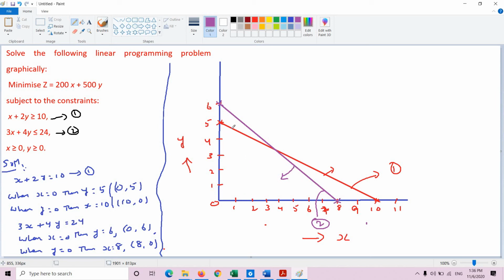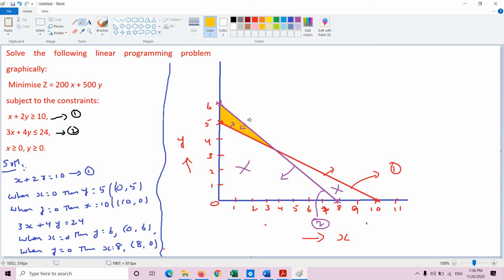Now, the intersecting region is going to be above this and below this. Try to understand: above this and below this. Only this is the intersecting region. This area is not covered by the first line, and this area is not covered by the second line. That is the reason these cannot be the intersection region. Only this is the intersection region, so we'll fill it with another color.